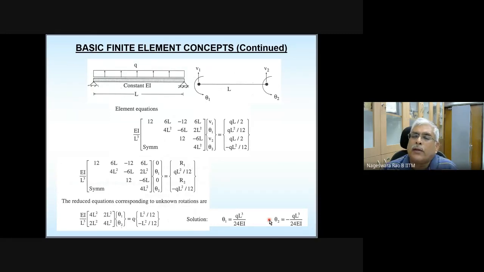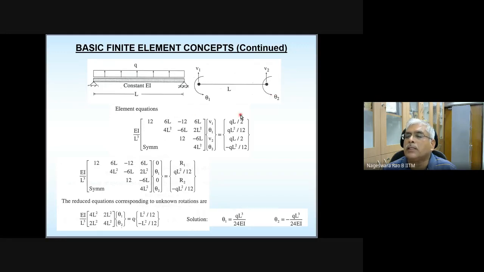Now I told you the technique, the trick that you need to play, and I told you also that even to play this trick, you don't even need to have two elements. Even with one element, you can play this trick and get exact solution. That's what I claimed. So to illustrate that, it is shown here. This entire beam is discretized using one element. Degrees of freedom are shown here: V1, theta 1, V2, theta 2. Length of this element is L.